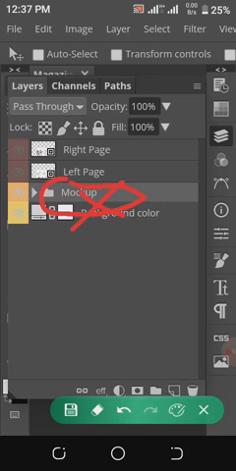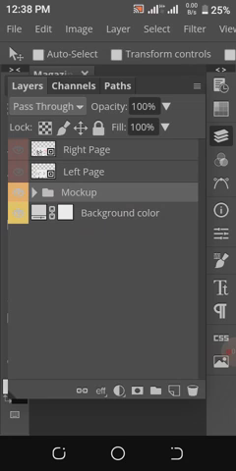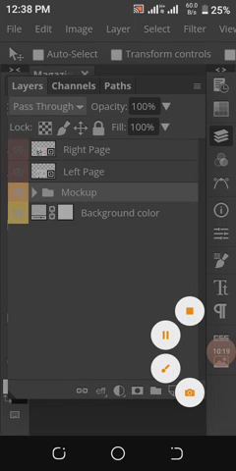Right page and left page. It depends on the mockup that you are using, because this one is a book, a magazine page. So it might not appear if you are doing a wall mockup in front of a building. It might write something else which you are going to change. So the next thing you are going to do, if you want to edit the first page,